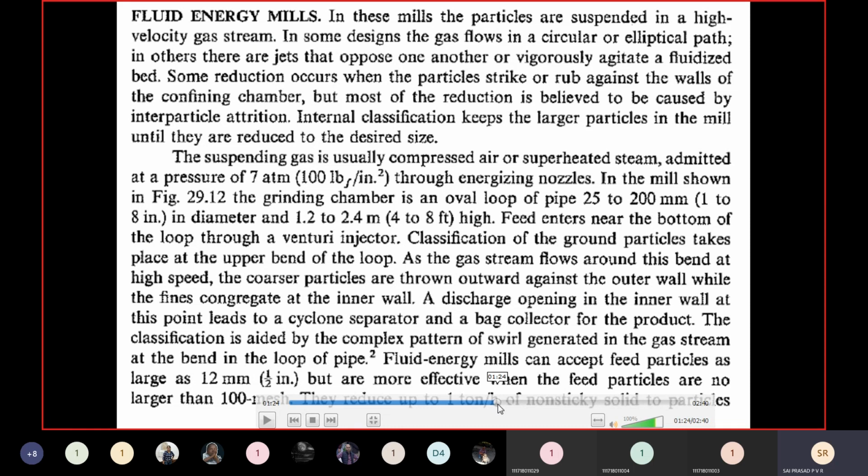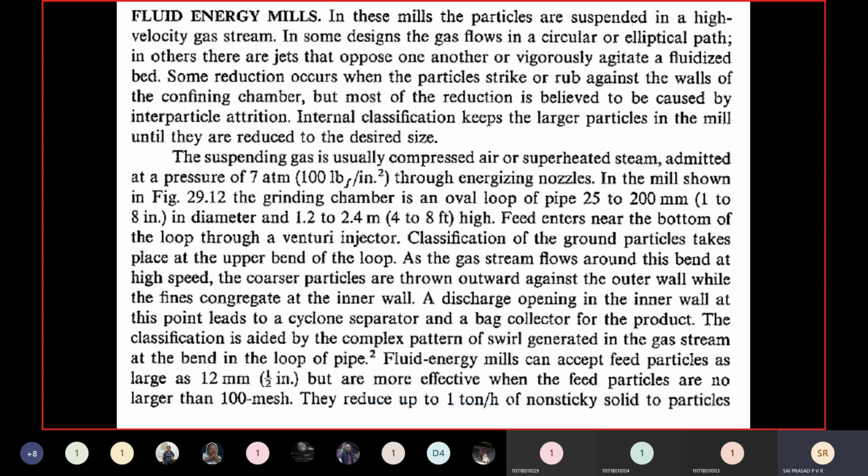Especially these are used in the pharmaceutical industries, where the industry demands that particle size should be very, very small. If the particle size is very small, then what will happen? The amount of time it takes to dissolve will be very less, and the patient will be cured very fast. Hence, there is an ever-growing demand for reduced size particles in the pharmaceutical industries. Remember. So the cyclone separator followed by the bag filter can separate them out.